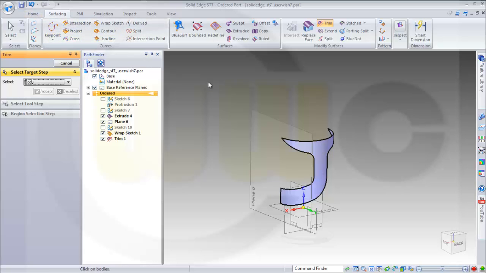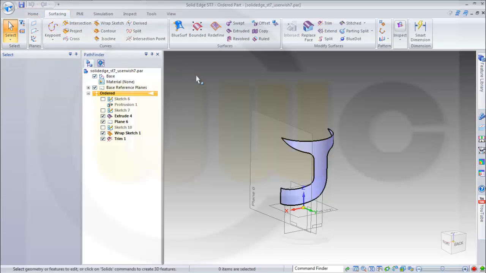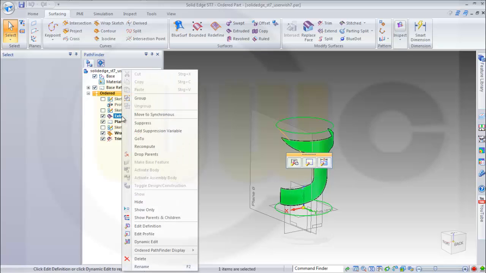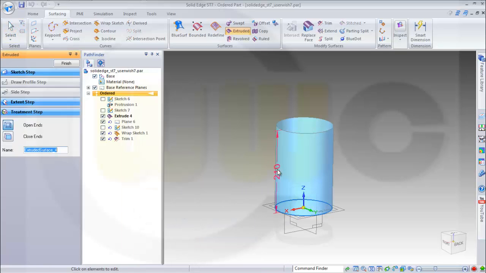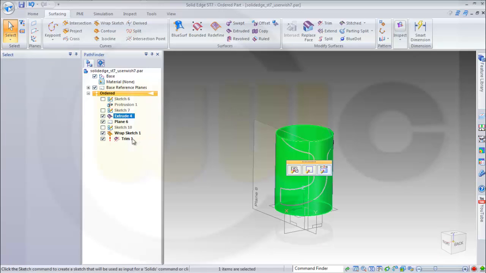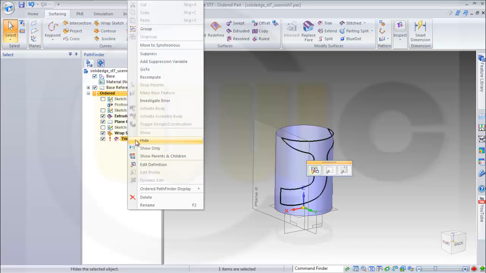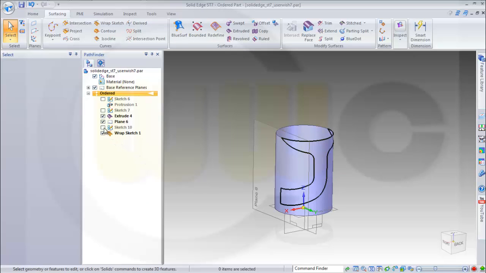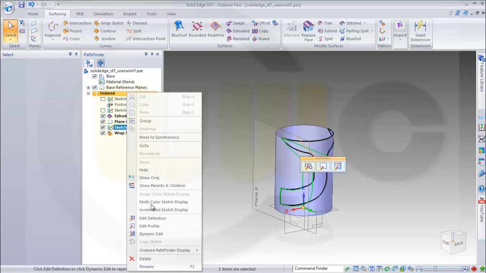So let's check it once again. Let's save it just in case. I have to change my sketch a little bit and the extrude a little bit, so let's do it first. This should be only 190. Finish it. And now the trim doesn't work anymore, so I will delete it. And the sketch should be different as well,